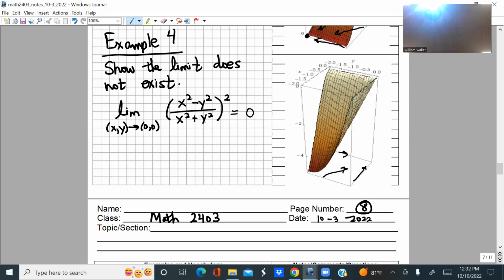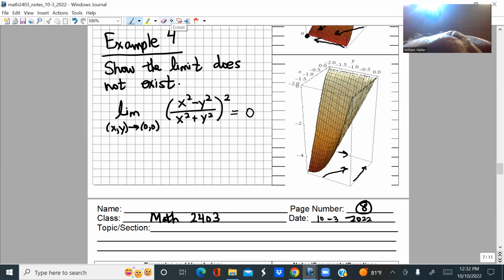So you would still have a polynomial divided by a polynomial. We'd still have a rational function. So everywhere in its domain, this function is continuous. But unfortunately, the domain does not include 0, 0. So we cannot conclude that this limit is